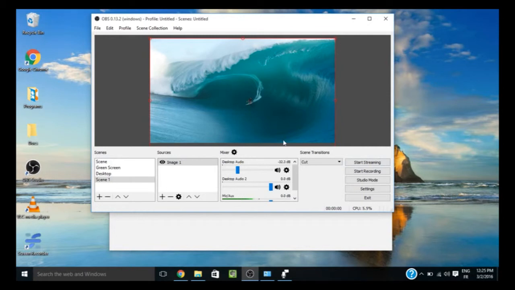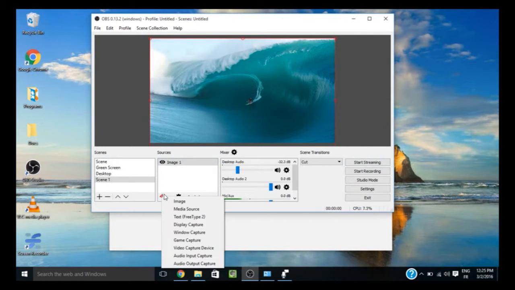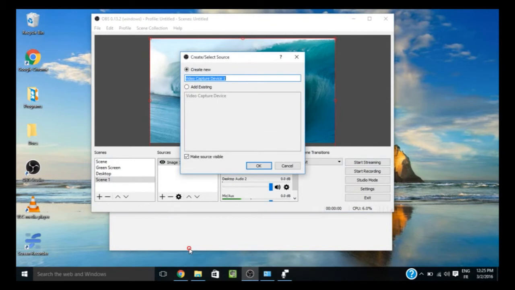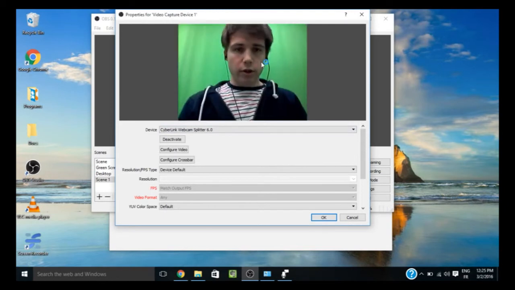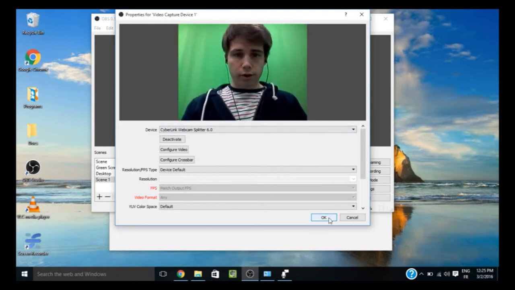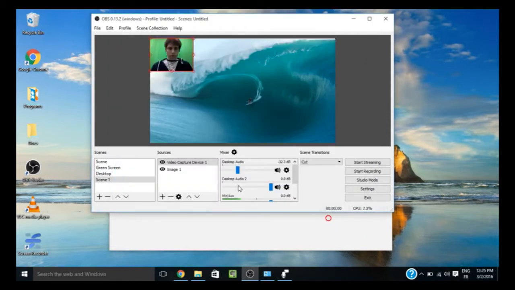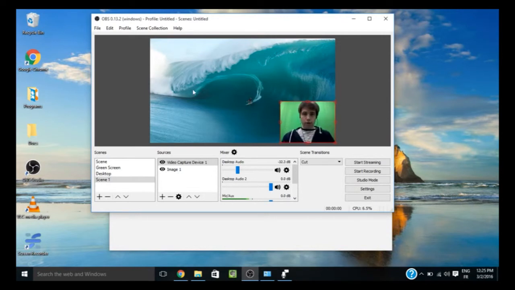And so let's add the camera. Now we come down here and we go to video capture device. That's going to pop up. You click OK. And so here we have the UCam, and there we go, the picture of me. So I'm going to click OK. And as you can see here now, there is a picture of me, and there's also the picture of the wave in the background. One of the things you need to watch out for is that in case,